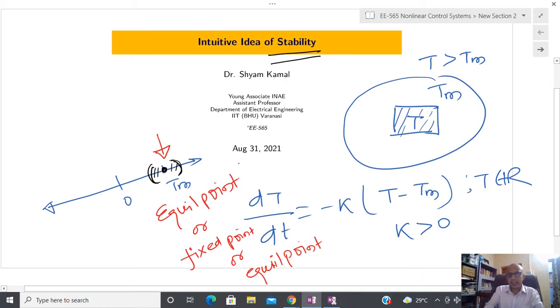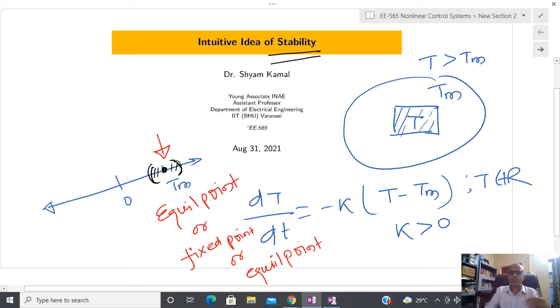Any other guy? Okay, so at least I understood that now you do not have any confusion that equilibrium means I am going to talk about some point and we are going to see the exact behavior at that point. But whenever we are talking about stability, then we are going to talk about the behavior nearby that